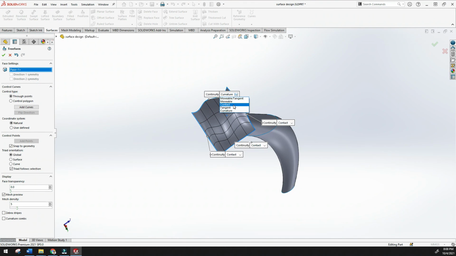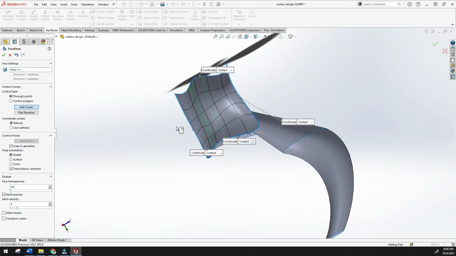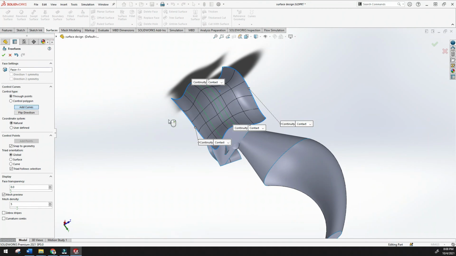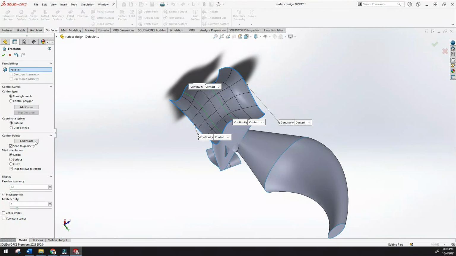Okay, just click the connector, and now here are the options like through points and control polygon. If you want to use add curves, if you have curves, then it is easy to use those 2 curves. See, I have created the curves. Again just click add curves, it will be closed. And by using these 2 curves, and if you want to use the point here, other points, I have used 3 points here.